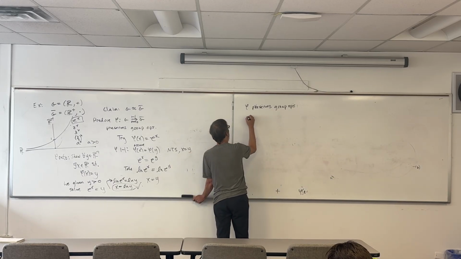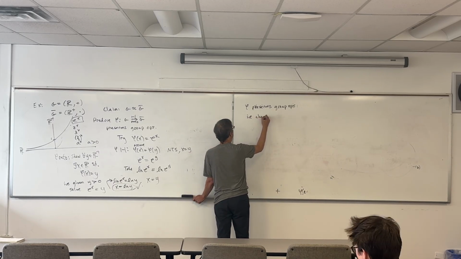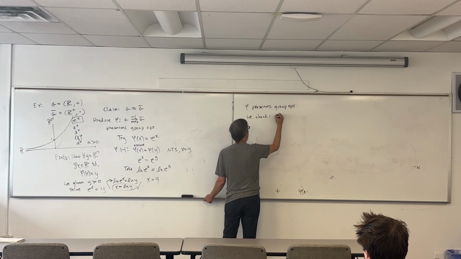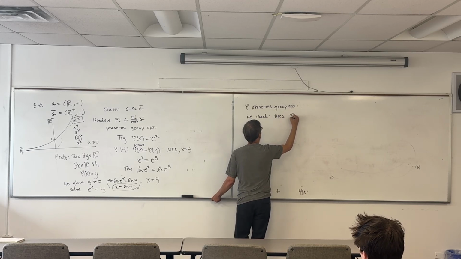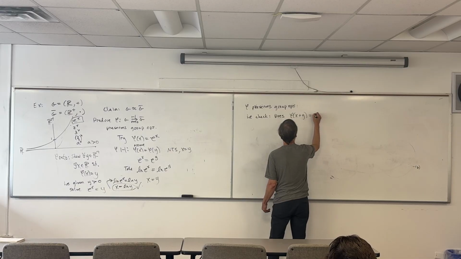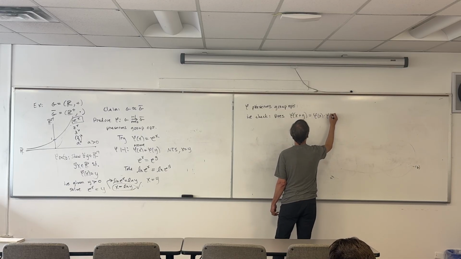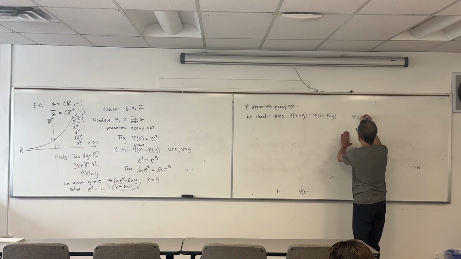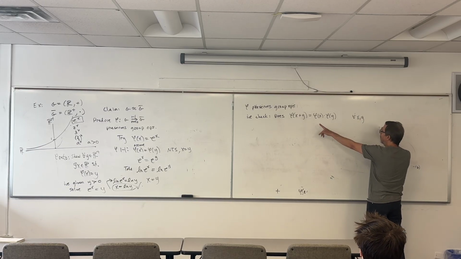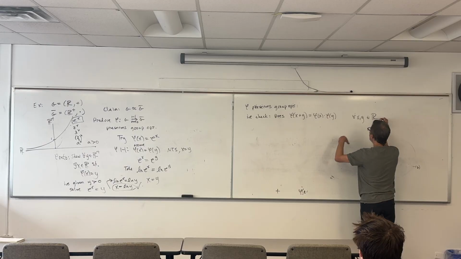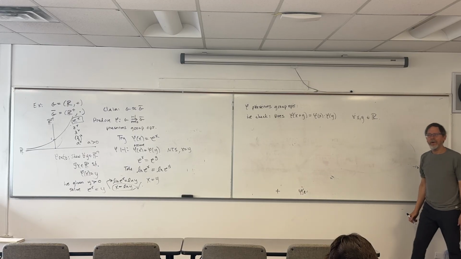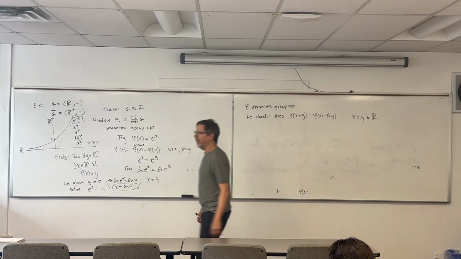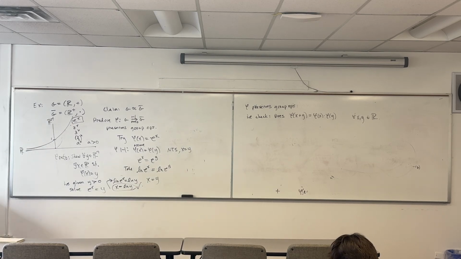So check: does phi of x plus y equal phi of x times phi of y for all x and y from the input space? Can you check that out and tell me if that's true, and then tell me a really simple way to explain it to someone? Yeah, of course that's true, because